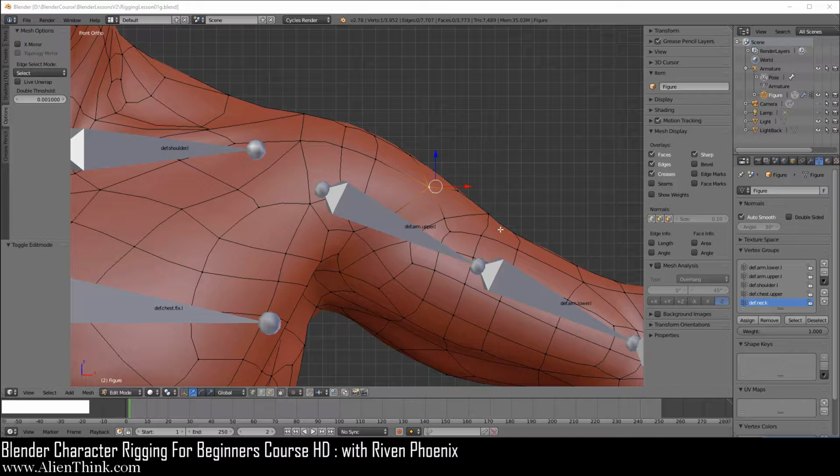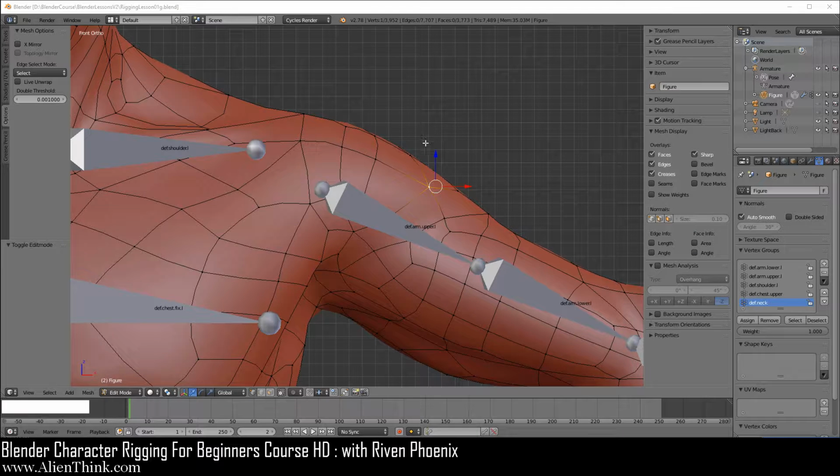Okay, so the first thing that we're going to do is understand what exactly happens to a vertex when you start to assign vertex groups to it. Now, in order to understand this correctly, we actually have to understand what exactly are we seeing visually inside the 3D view when we are working with vertices on our figure.